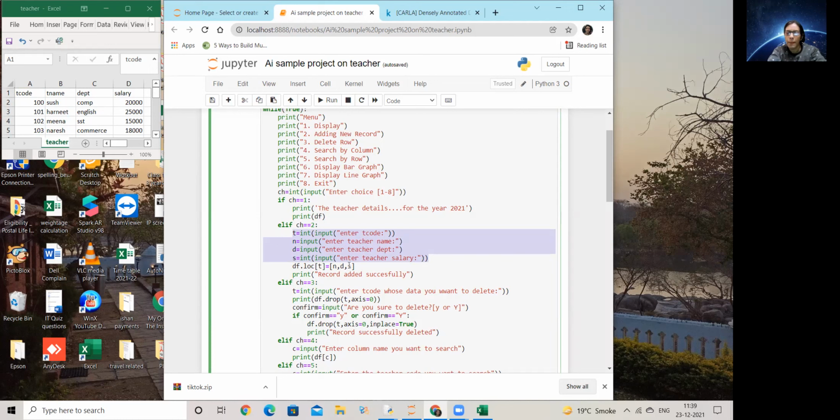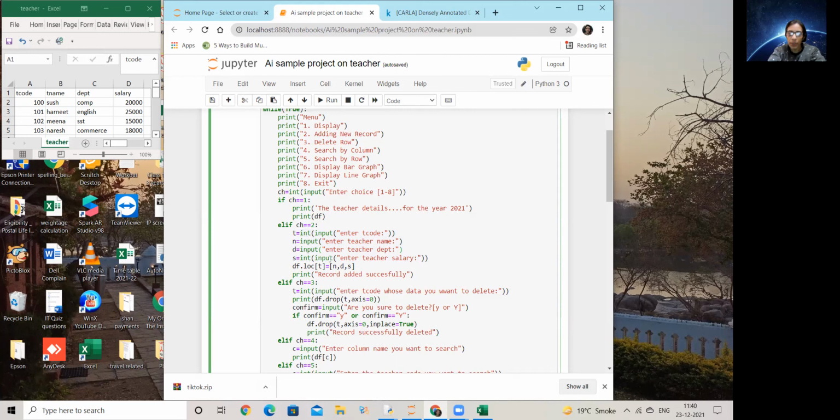Supposedly if we are putting the teacher name, then obviously the one who uses the code will not put it in double quotes. Then when you have given the code df.loc, good question, Namesh. The issue is that when you are accepting the data using input, automatically the data is in string format. So I take the input from the user, and it is in string format automatically. That is why for T I have to change it, and hence I use int here. Good question.